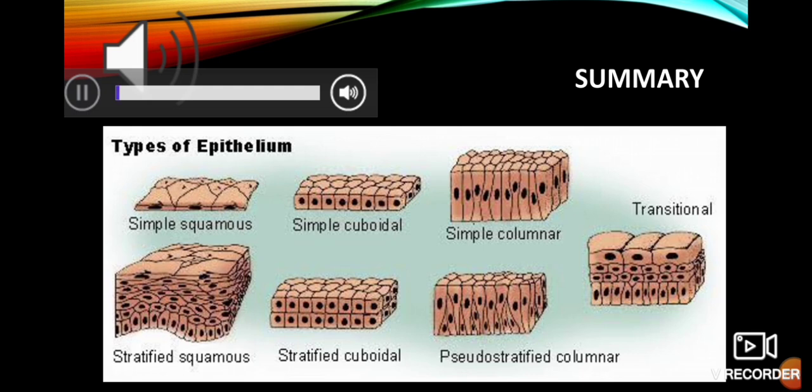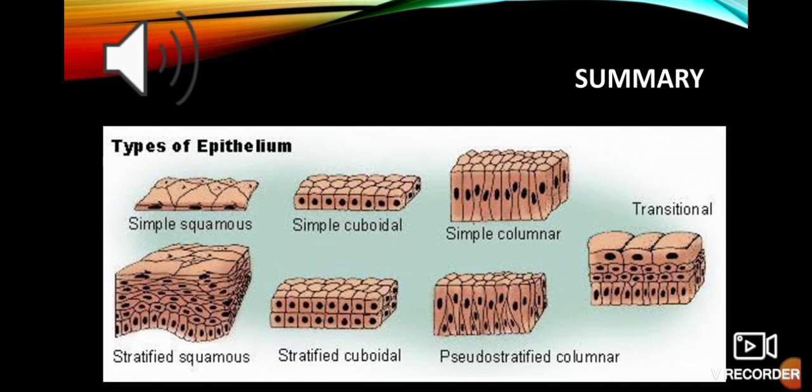Let us try to revise the epithelial tissue and the types of epithelial tissue. Epithelial tissue is a type of animal tissue found in the external surface of the body and also in the lining of the internal organs. Epithelial tissue is again divided into many types on the basis of the type of cells, shape of the cell, and the number of the cells. So the first type is squamous epithelial tissue, tile-like in appearance. They are again of two types: single layer simple squamous epithelium and multi-layer stratified squamous epithelium.